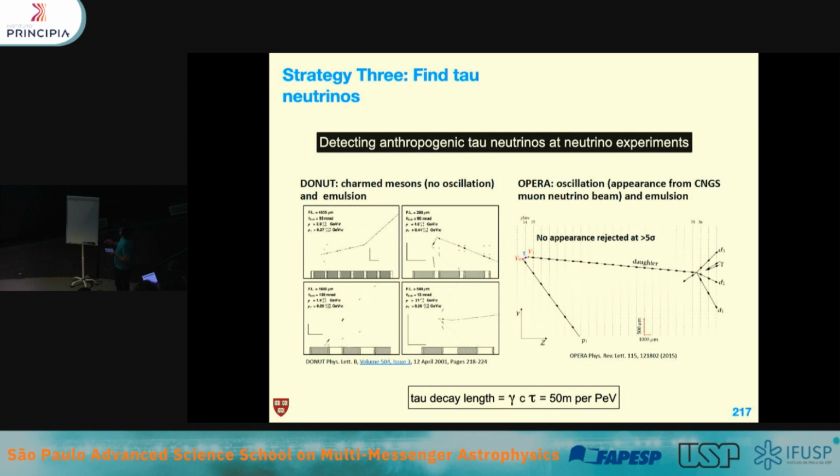It goes in a little bit, it decays, and then a neutrino comes off, and then you get this particle that comes off. So you see this little kink that appears in your distribution. Seeing this kink is very, very difficult. That's one of the reasons that we have only seen a handful of taus essentially ever. The good news is that when you have a high energy neutrino beam, such as in neutrino telescopes, the tau travels quite long distances. A 1 PeV tau is going to go 50 meters in ice or water. So this tiny kink, for an order GeV neutrino beam, becomes 50 meters.